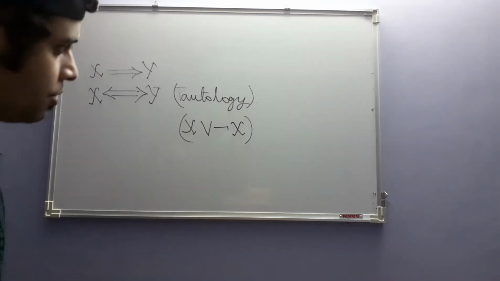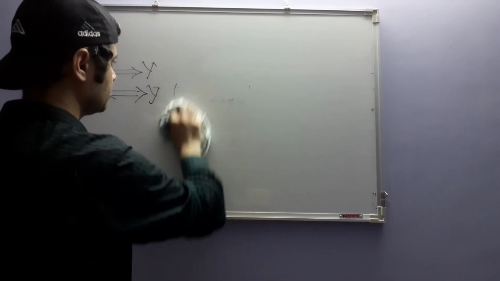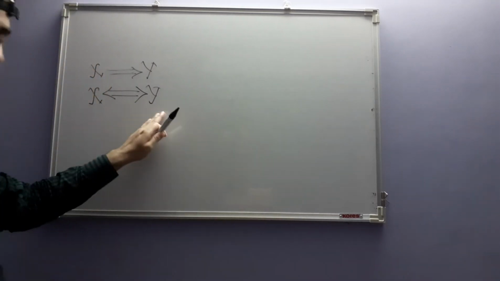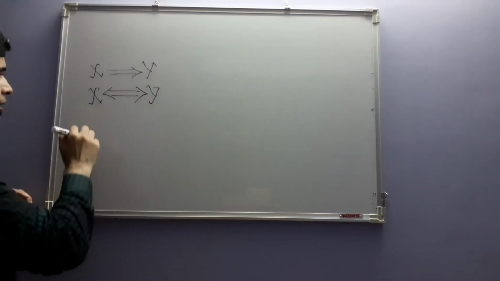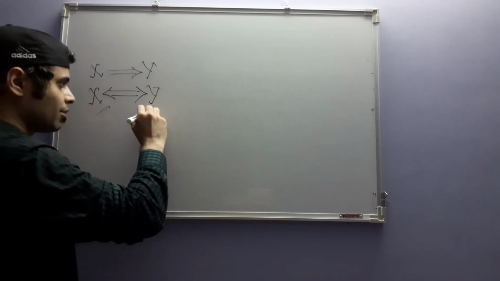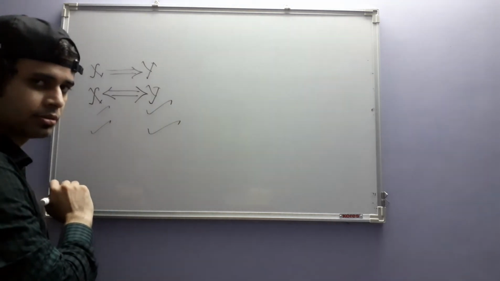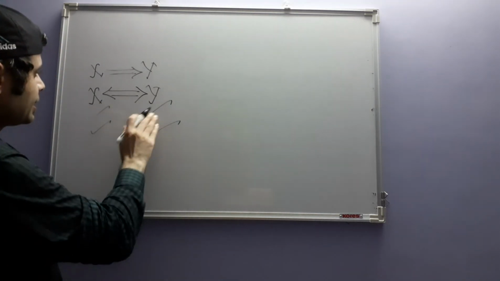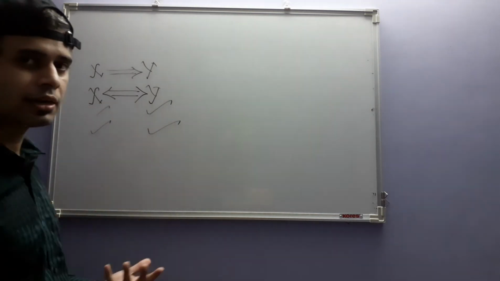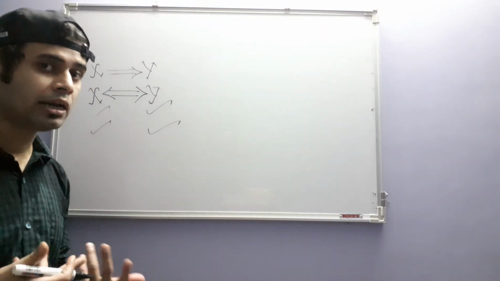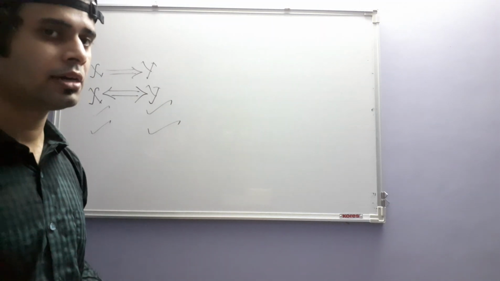Okay. Now, what does it say? This is true if either x or y are both true or both false. So in a sense, it says that x and y are equally true. Either they are both true or